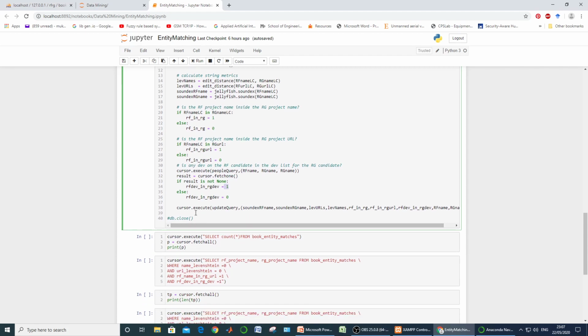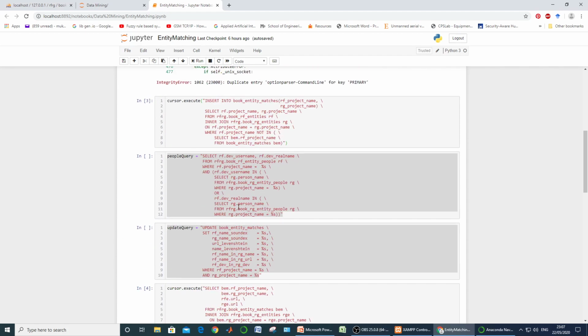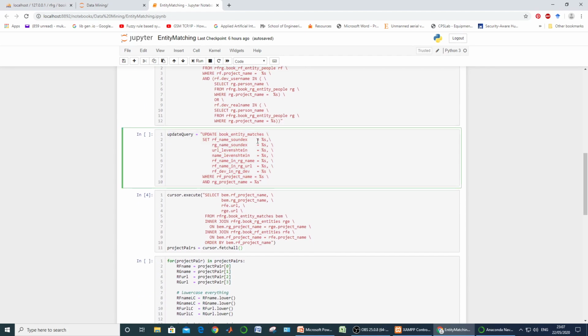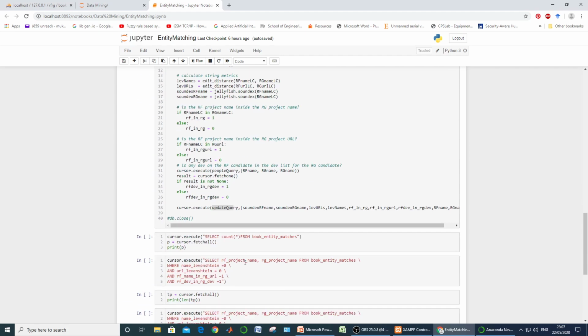And after that we need to execute a cursor, that is update query. And what is the update query doing? This is our update query. The update query says update book entity matches, or you can say update the final table with what? We have to insert the rf name soundex, it will be passed from that block, this one.